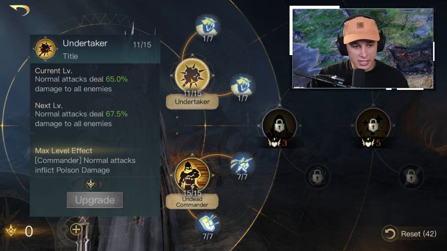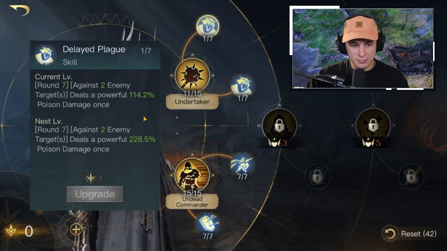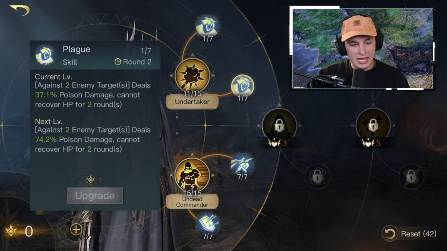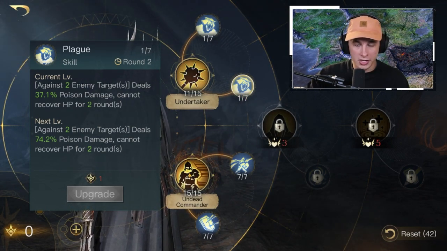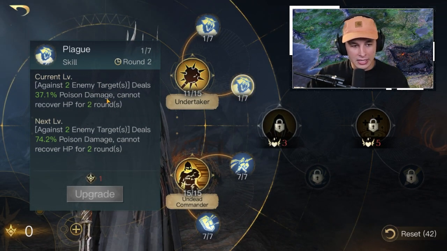Now, I don't think Undertaker is bad either. The fact that he deals damage to all units, he deals poison damage. This being just like a ridiculous amount of poison damage being dealt, and then this one, which I actually think goes really well with the kind of damage reduction, and so I made sure to put a point in here. I would suggest, if you are going into Undead Commander, to do 1 point in Plague, because you're going to automatically get the